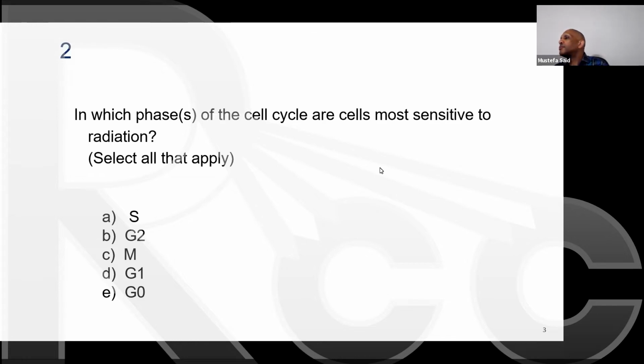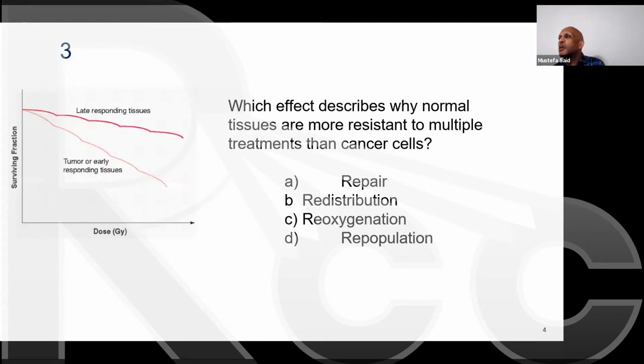Thank you all. Number 3. Which effect describes why normal tissue is more resistant to multiple treatments than cancer cells? A, repair, B, redistribution, C, reoxygenation, D, repopulation. Repair, that's right, because normal cells repair quicker than tumor cells,